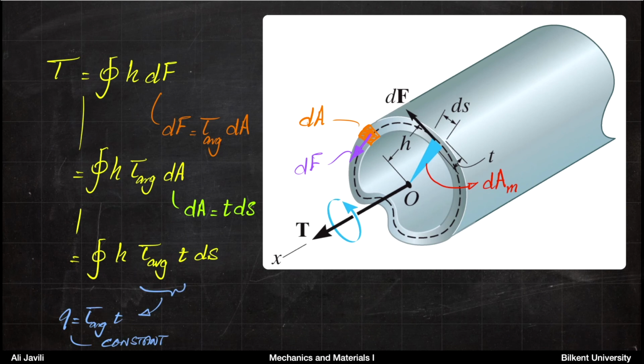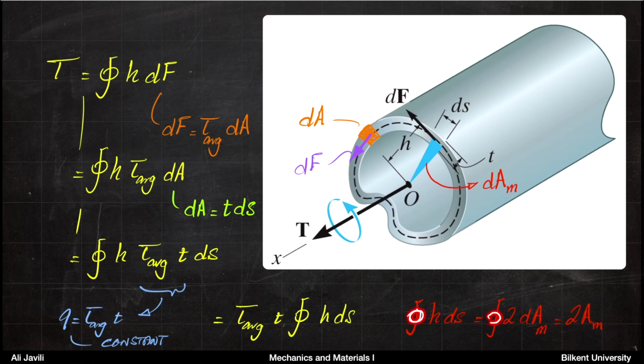And now you can see that, again, the product tau average times t appears by itself, and we know it's a constant. Okay, so we take it out of the integral. So your torque would be tau average times t, and the whole thing is constant, times the integral of h ds. And now we want to know what this integral is. So the closed integral of h ds